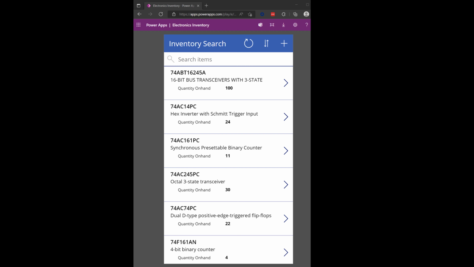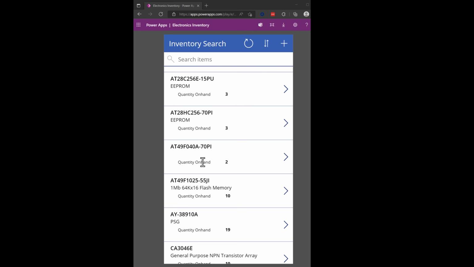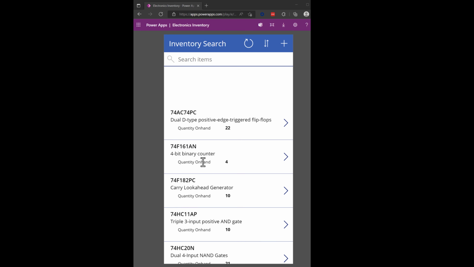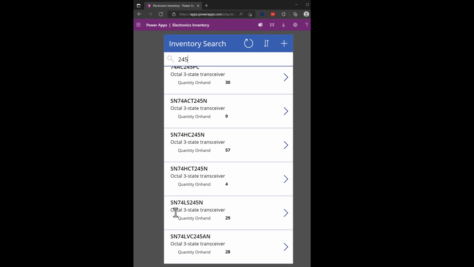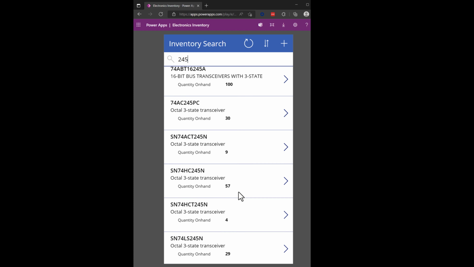So as I'm working on different projects, I might need a part, and this app, you can pull it up on your phone, and it's sized nicely for your phone, or you can pull it up on a desktop. Here I have it pulled up on a desktop, but it allows me to scroll through inventory, and if I'm looking for something specific, I can just come up into the search, and maybe I'm looking for a 74245. And so I just typed in 245, and you can see I have 1, 2, 3, 4, 5,